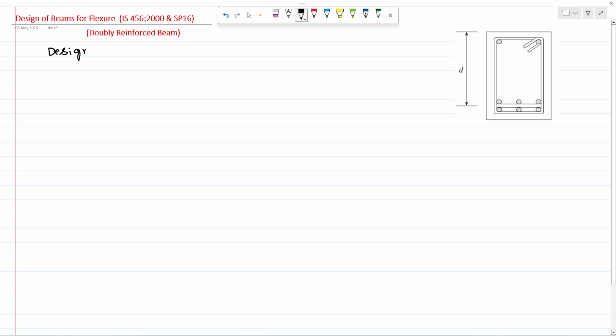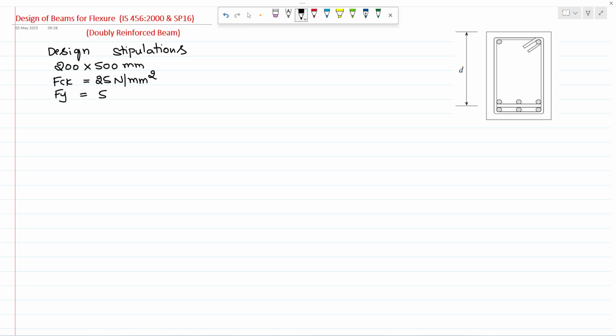So our design stipulations: beam size 200 by 500 mm, grade of concrete M25, grade of steel Fe 500, clear cover 25 mm,